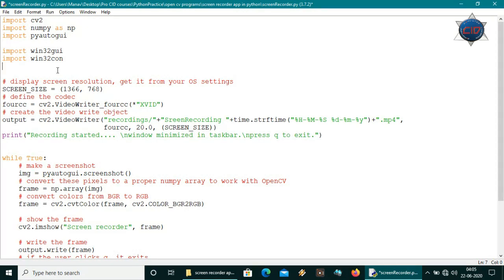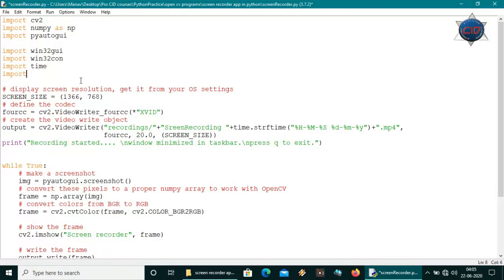And we are also going to import time because we have used time.strftime here. So we'll also import time, and now let's import mkdir from OS to make the directory. When the recordings folder is not created in your project, then it will make the folder. So let's import only mkdir from OS. So we'll call from OS import mkdir, so it will make the directory.